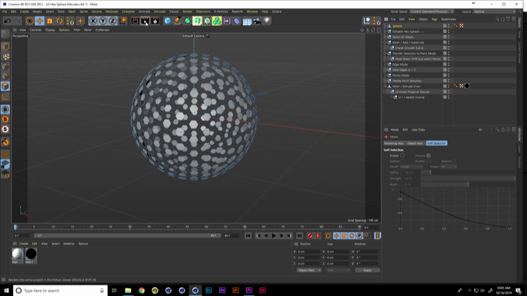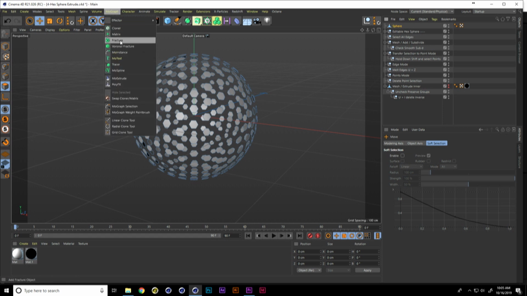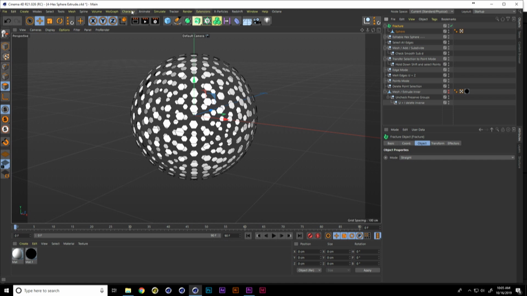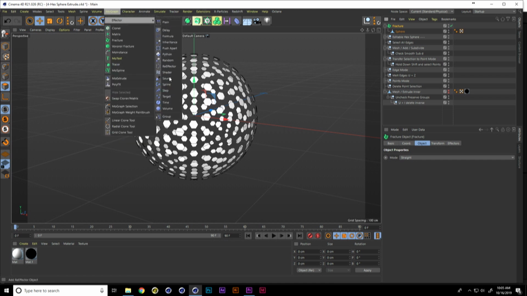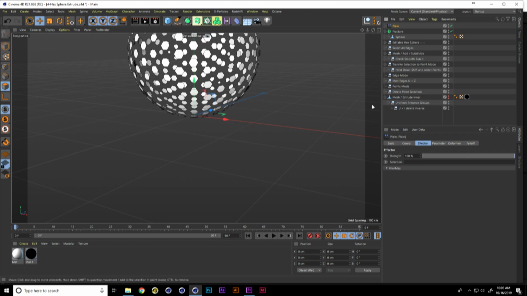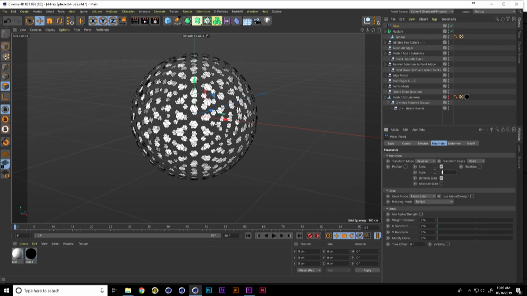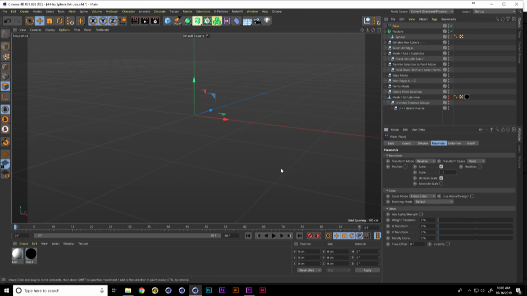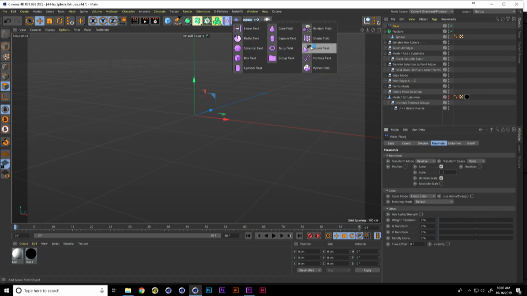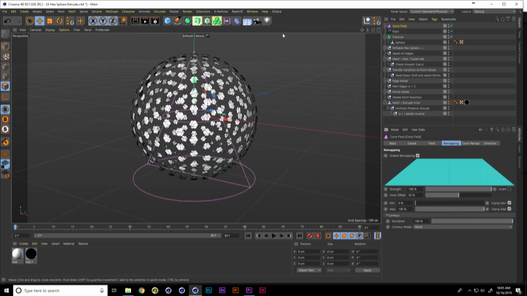So I'm going to put this into a fracture object so we can make it MoGraphable. And I'm going to use my favorite effector, which is the plane effector. And we're going to go into our fracture object and take it from straight mode to explode segments. The parameter I would like to affect is the scale, because I want to bring these in from a reveal. And I'm going to use a spherical, or no, do you know what? I'm going to use a cone because I liked the angle in which the cone field